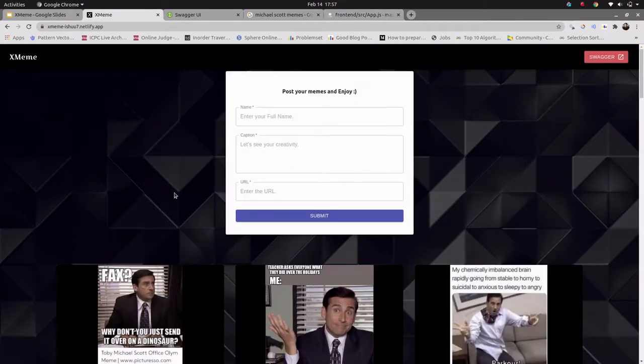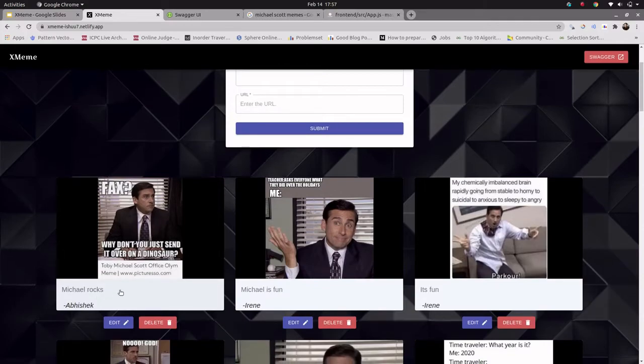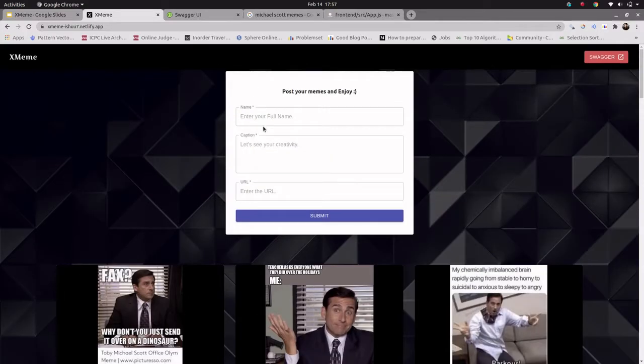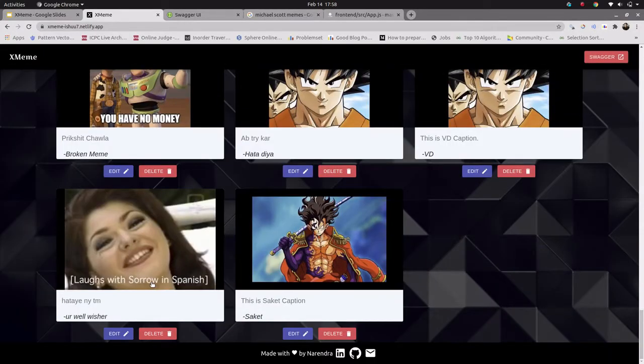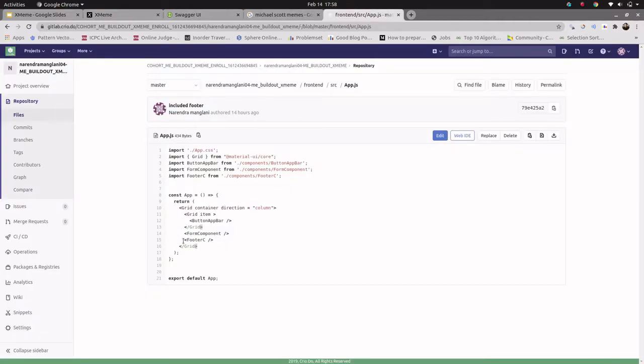This card is basically the child of that form component. Whenever there is a new post, there is a new card in here, which is the child of that form component. And the very last thing in my project is the footer. I have also written a footer for it.